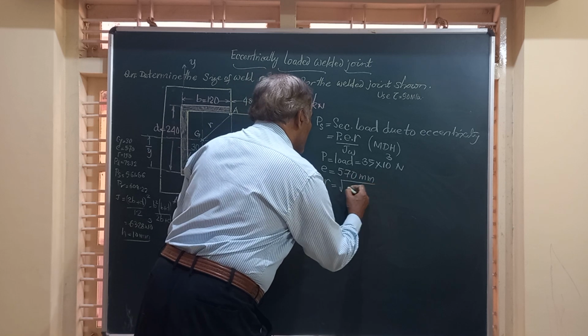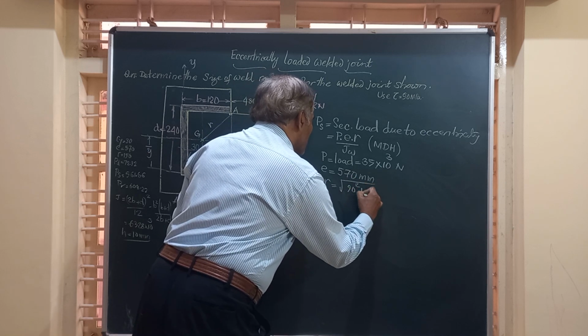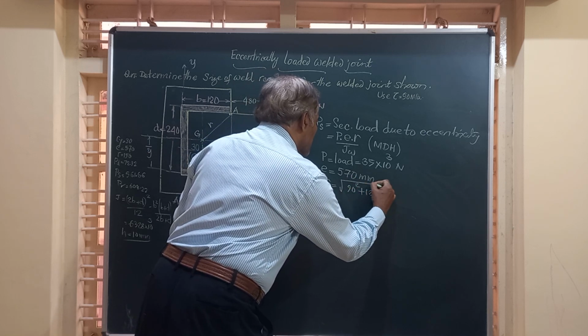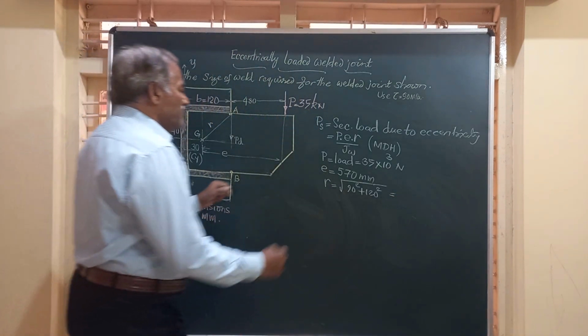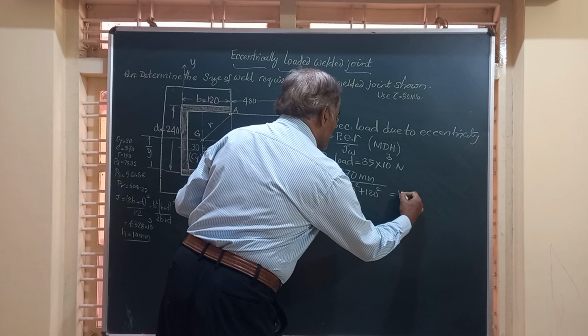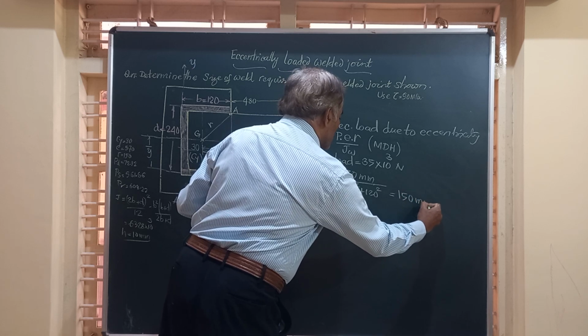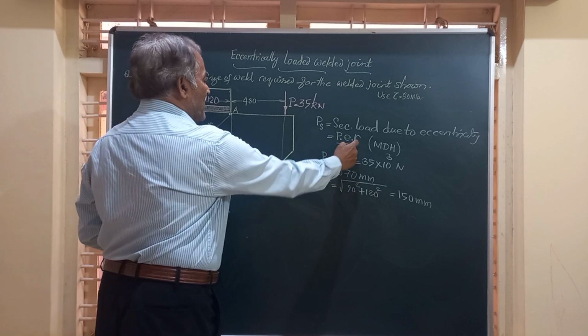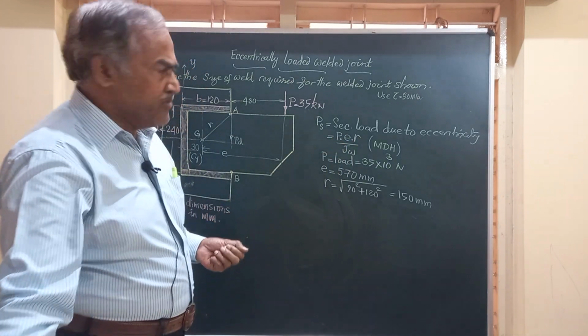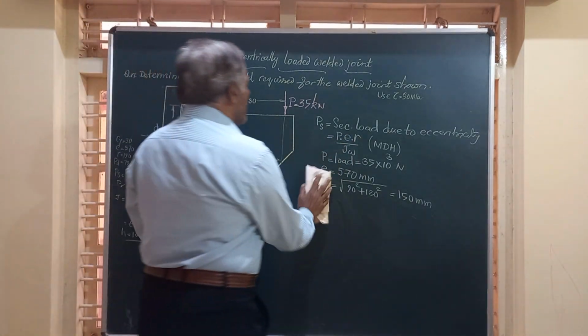Square root of 90 square plus 120 square, that is the value of R, which works out to 150 millimeter. So we know P, we know E, we know R, and this JW is given by the formula